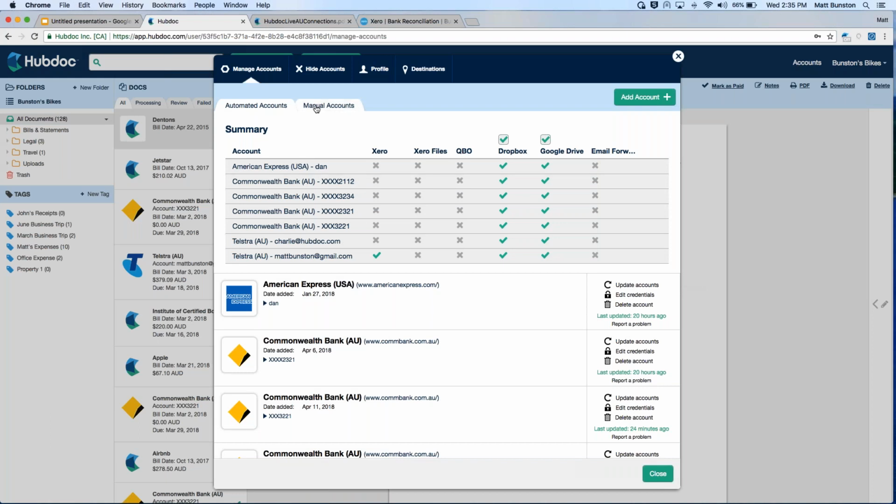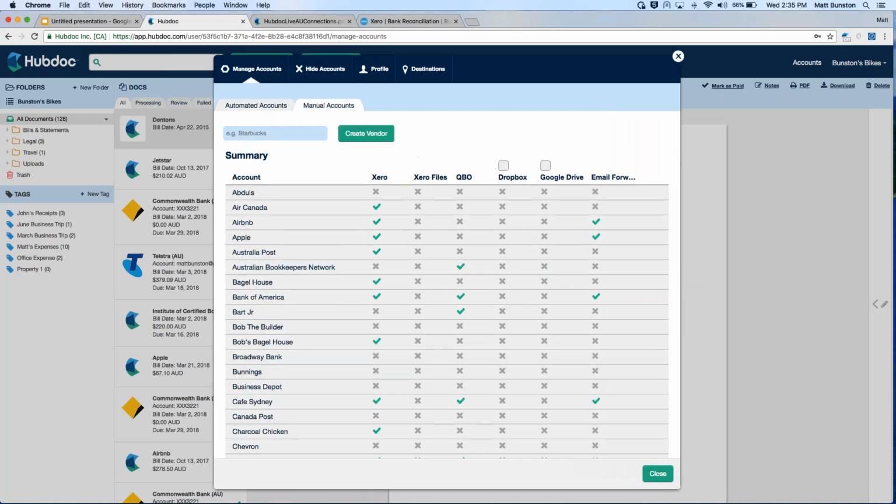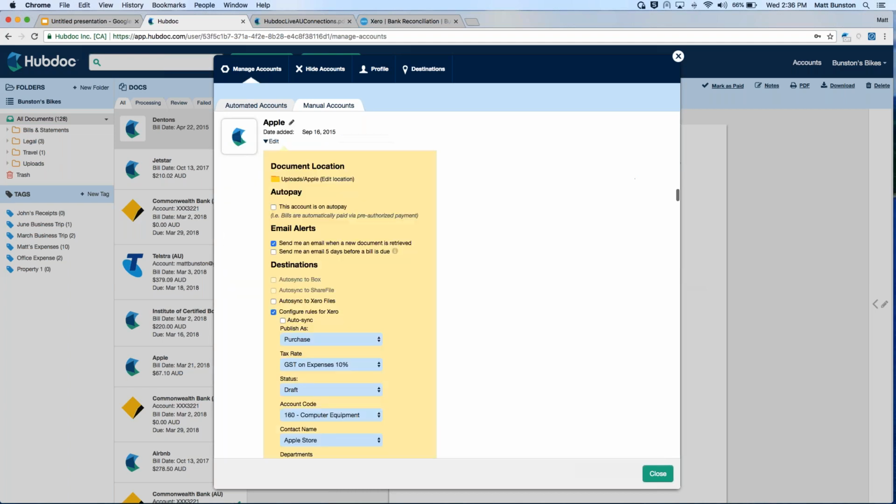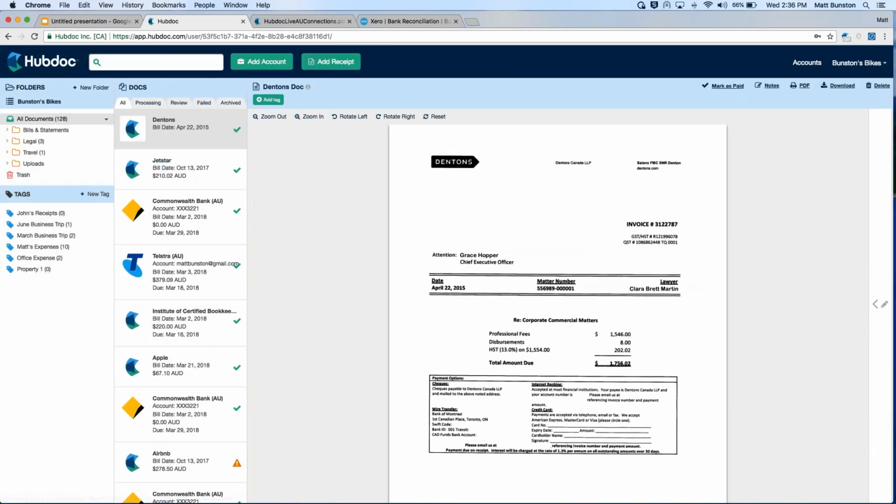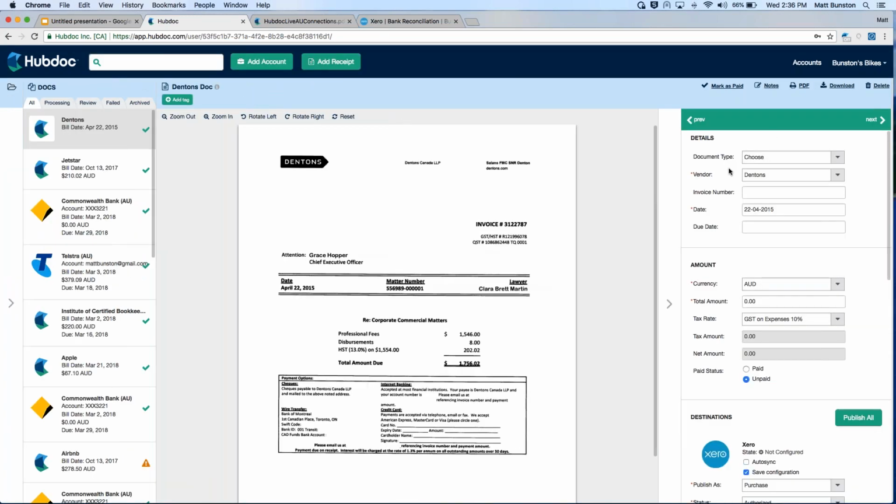a banking document, or you could even auto archive manually uploaded documents if you didn't care to see that in review. We do have some users that use Hubdoc more as a filing cabinet than any ability to process documents through. They might do that because they just want to file stuff. They might be using an accounting platform that we don't actually use ourselves. And so in those circumstances, they could also just have those documents auto archive or just use that manual archive